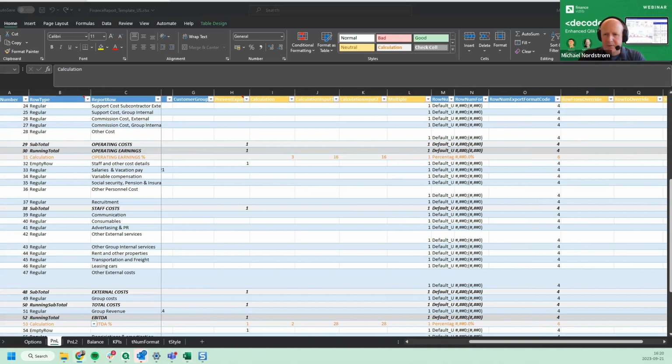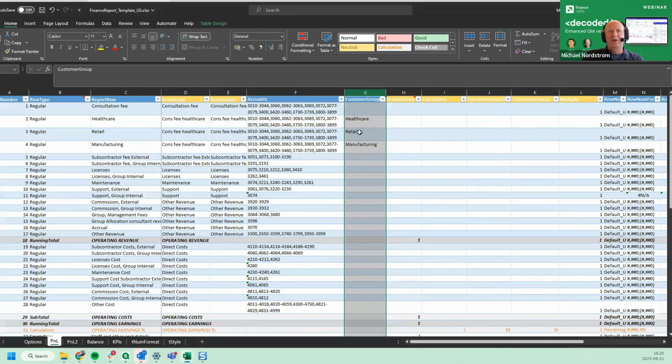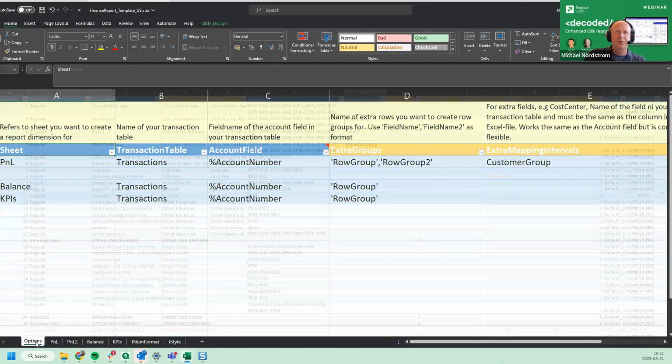Can you explain the extra mapping intervals in the Excel sheet? Yeah, so the extra mapping intervals, I assume we mean this one then probably. So the actual one more way to do it. So in this case, we've done it by customer group, and this means that we can map on that as well. So he's actually doing two setups of joins in here, or actual interval matches. You can only have two, but you can use both of those. And then what you do is you actually add them